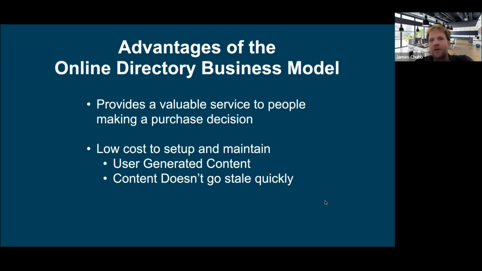Even a local news site or a newspaper site needs new articles every day. And even a classified site, jobs, cars for sale: the job gets filled, the car gets sold, and very quickly that content goes stale after a couple of weeks. Whereas with a directory or a business guide of some type,